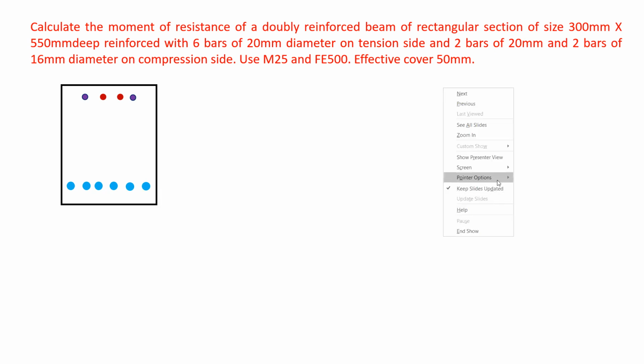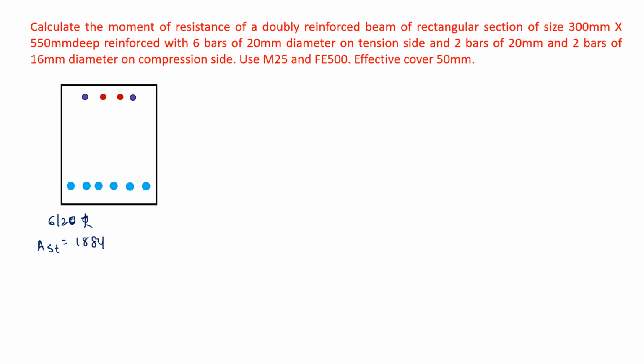So now we will first write the value of AST. We will write the value of ASC. So we have 6 bars of 20 torque, so the value of AST is 1884.96 mm square. And then ASC will be 2 bars of 20,